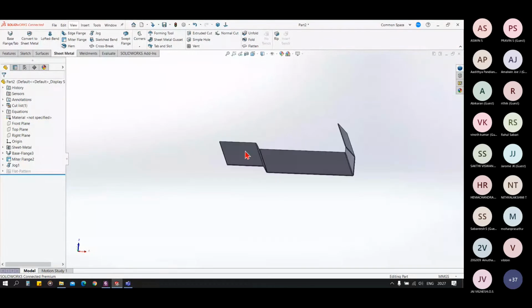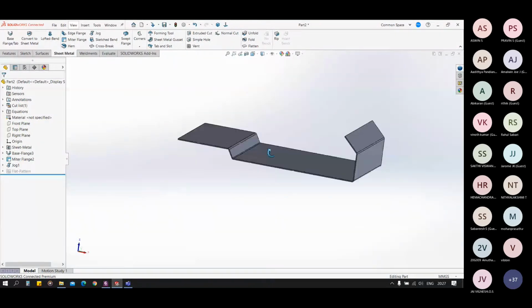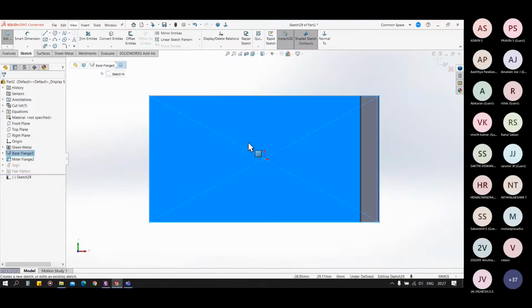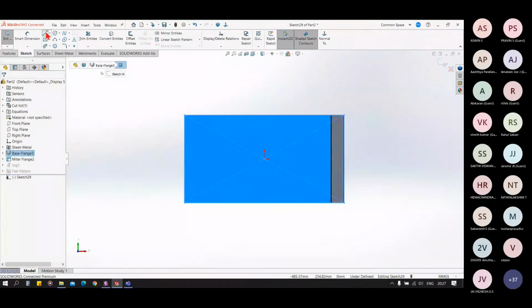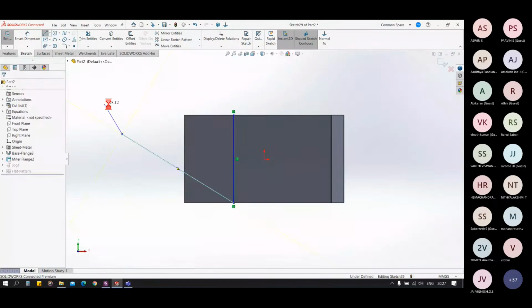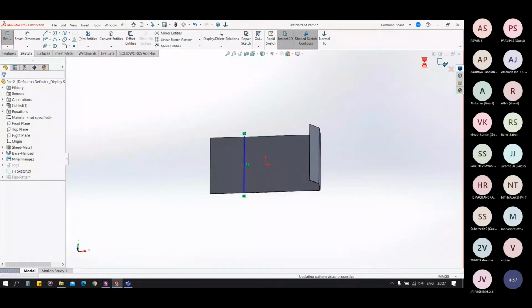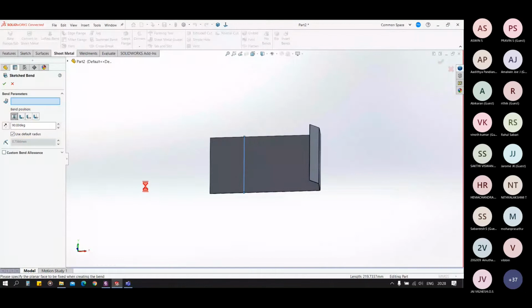Okay, so let's see sketch bend now. Same for the sketch bend, you have to create a line on the flange which you want to bend. After creating a line, click on sketch bend and select the sketch, and again it will ask us for the fixed face.